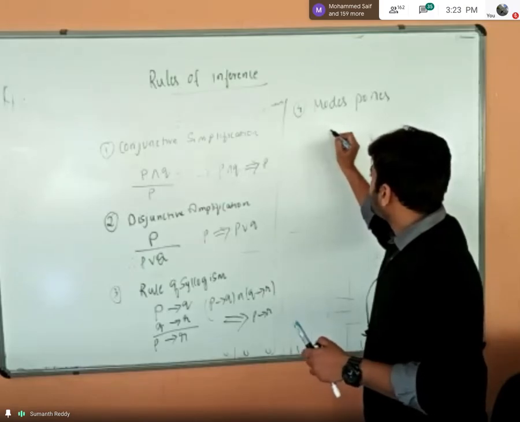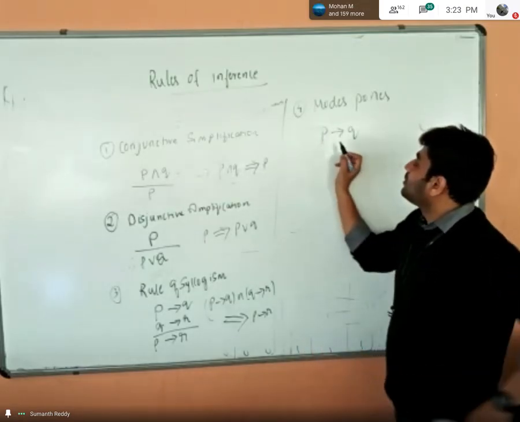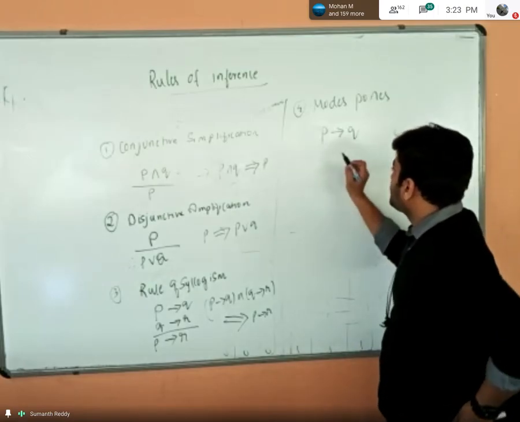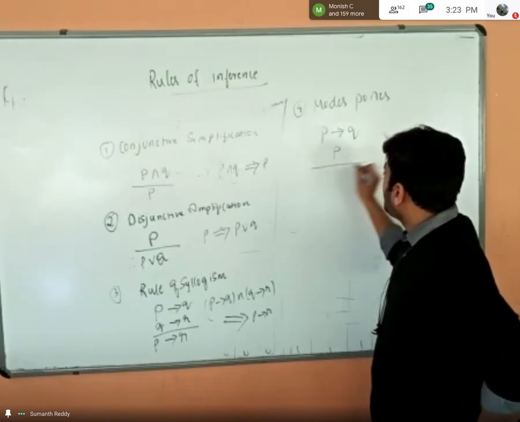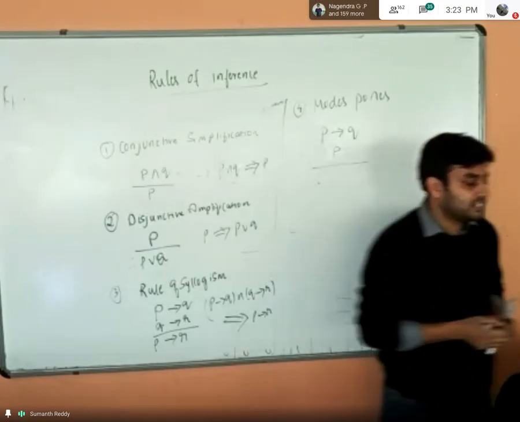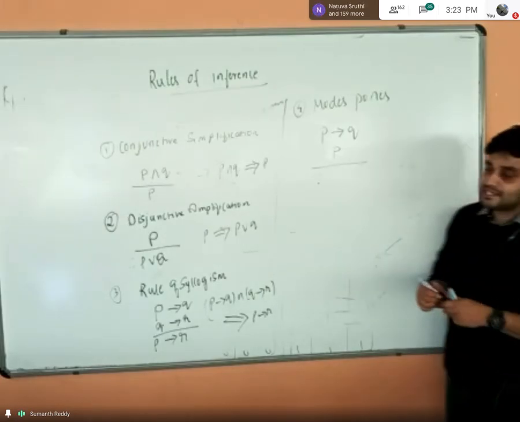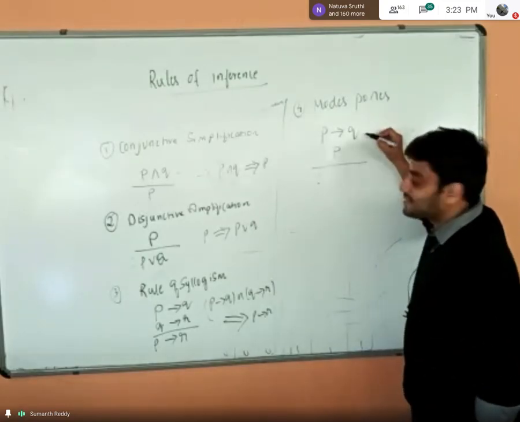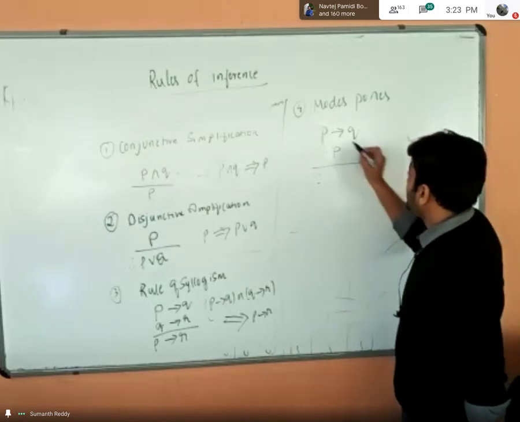Okay, so first assume that I have a proposition P implies Q. In this proposition, let me assume P is true. So now, what is the conclusion for this? Students, I have given two propositions here. So the two parts here are two premises. The first premise tells that P implies Q is true. I have only given that P implies Q is true.